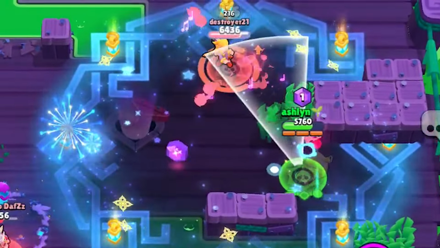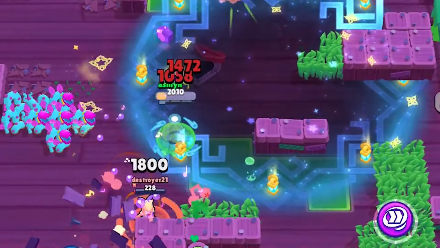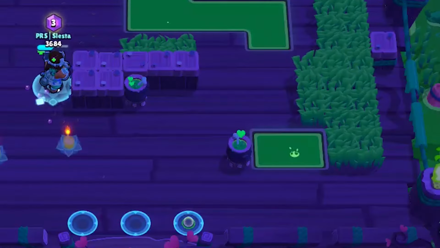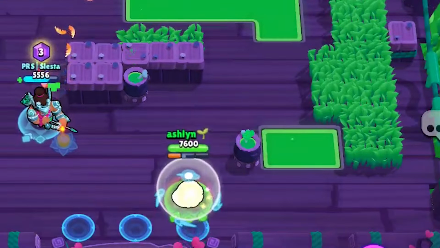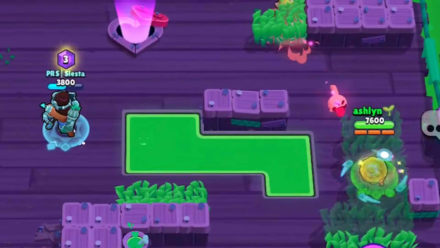The one thing I absolutely hated about this map was the amount of Melodies and Dracos. It's so hard to stop these brawlers from absolutely destroying you, especially as a squishy brawler like Sandy. The only thing you can do is put them to sleep with his gadget, but even then, both Draco and Melody have a thick shield, so sometimes you just gotta do as much damage as possible and accept that you're